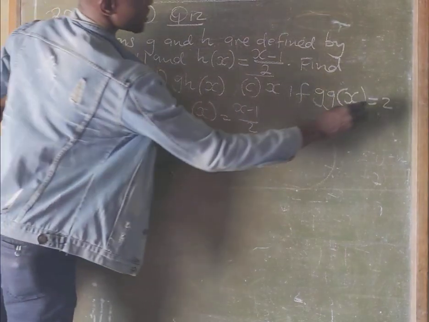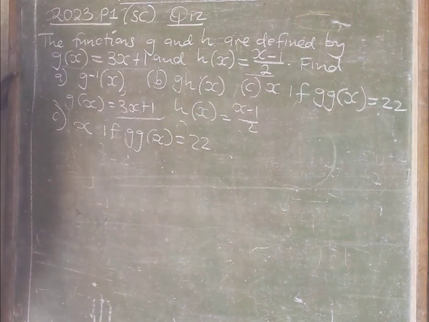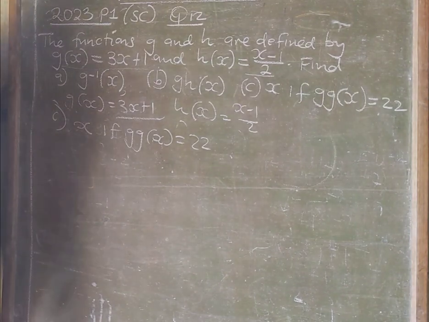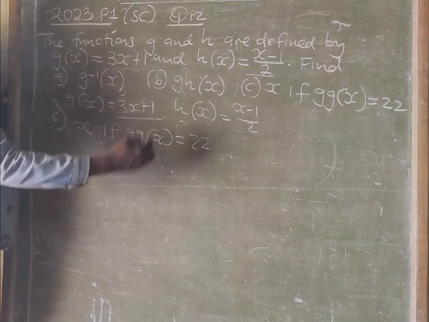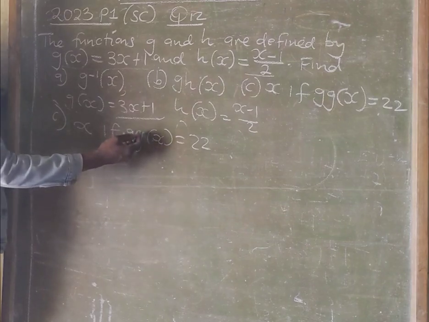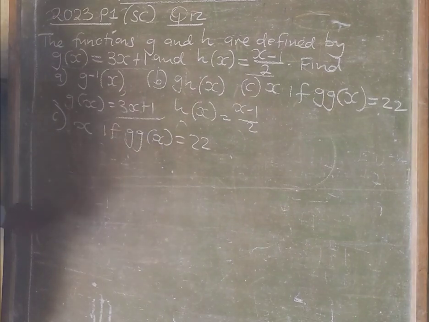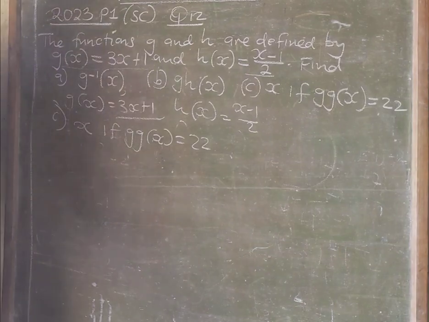It was actually 22 here. Okay, it's actually 22, not 2. Okay, so now I want you to find the value of x if g of g of x is equal to 22. So what does it mean? But in this case we don't have g of g of x. Okay, so what we need to do is